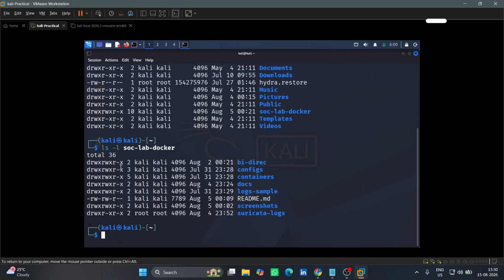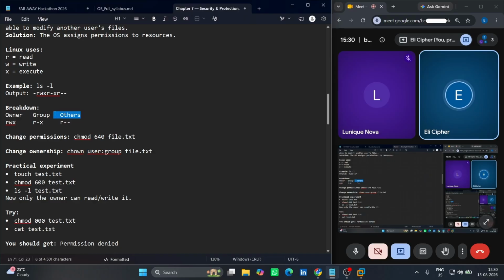If something has read, write, and execute, it has full permission, right? And for other users here, right,